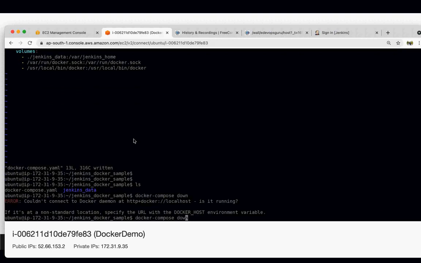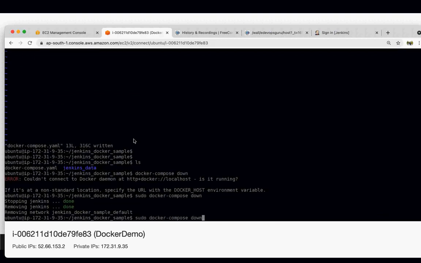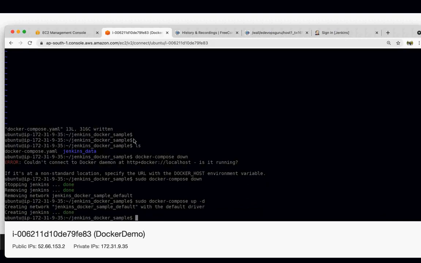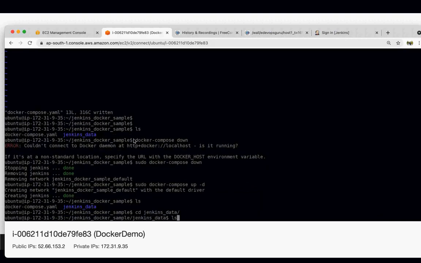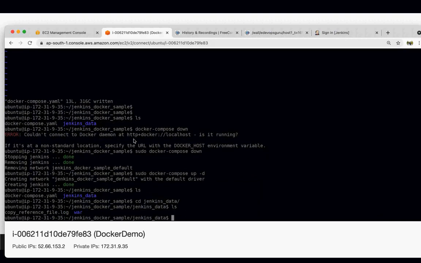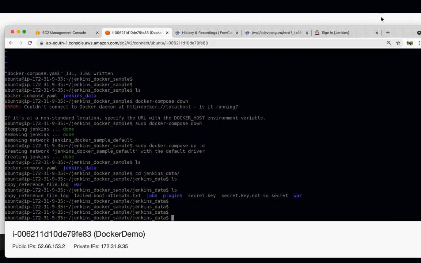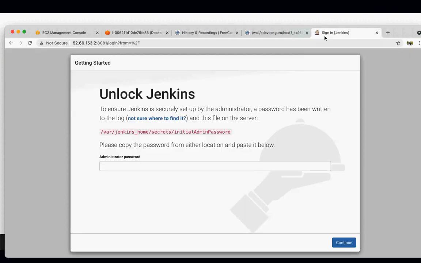Let's bring it down. Okay, it has to be sudo. Let's create it, up -d. Now everything which is there inside the Jenkins is mounted here. So what is the advantage here?